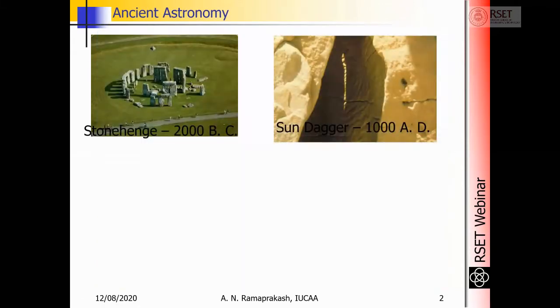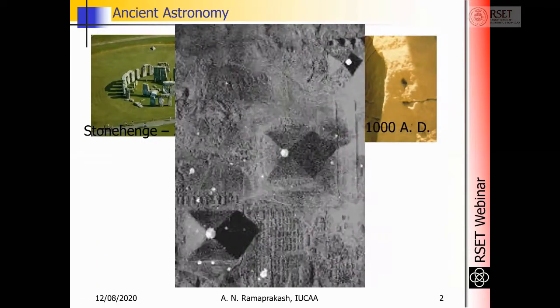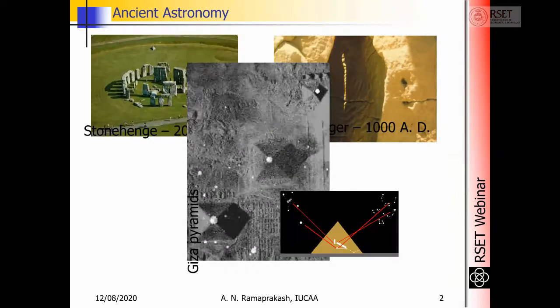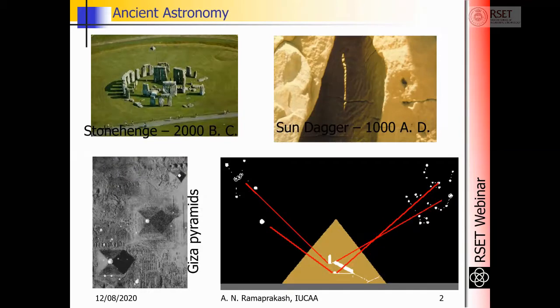Similarly, for example, there are the pyramids of Egypt. People believe that the structures within the pyramids of Egypt have alignments with respect to celestial objects in the sky. It may be true, may not be true, but it is believable because the celestial phenomena